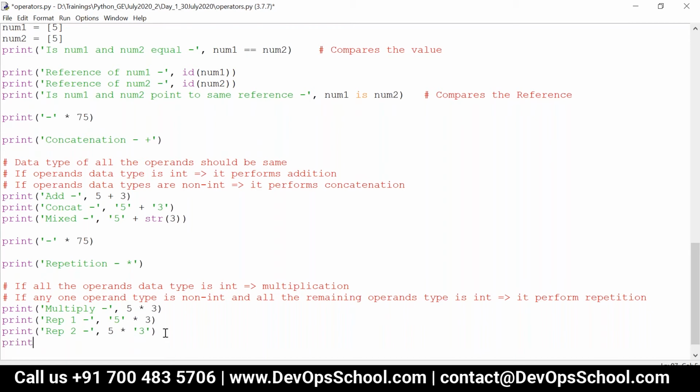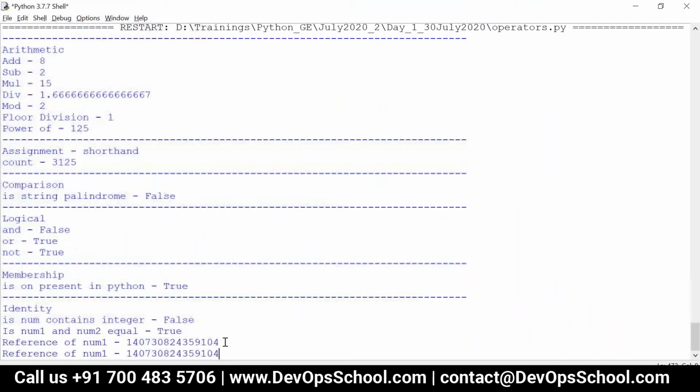And also I can have any number of integers. See, I can have, let's say, 2 into string 5 into 3. In this case, what will happen? 2 into string 5, what is the output? It's nothing but string 55. Again into 3, so now 55 will be printed for 3 times, like 55, 55, 55. All right, so this is how it works.